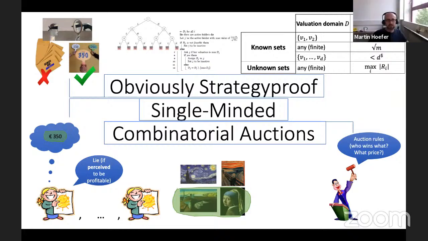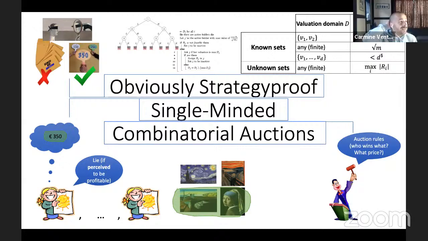More questions? Hi, Carmine. Hi, Arjun. How about the revenue of OSP mechanisms compared to standard mechanisms? I mean, if an OSP mechanism has higher revenue, then it's good enough for me. Right? Yeah, I mean, in general, having to do with stupid people is better for revenue, right? So it might be true. But yeah, I don't know. It's a good question, and I don't know. Yeah, but you might need to go to even simpler settings, probably, right? Not even combinatorial. Yeah.